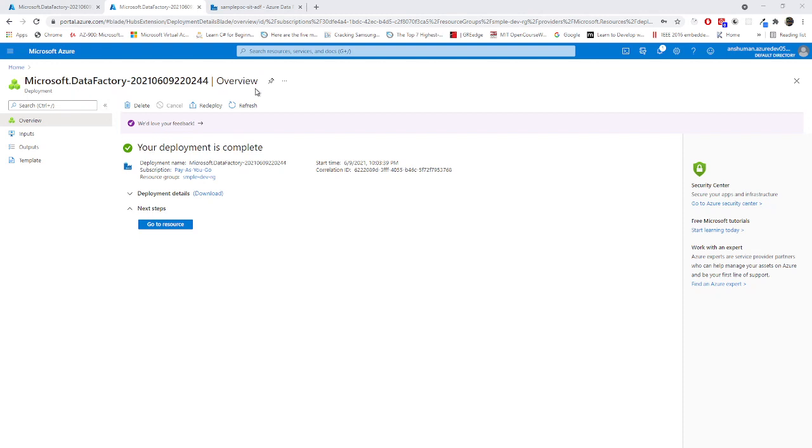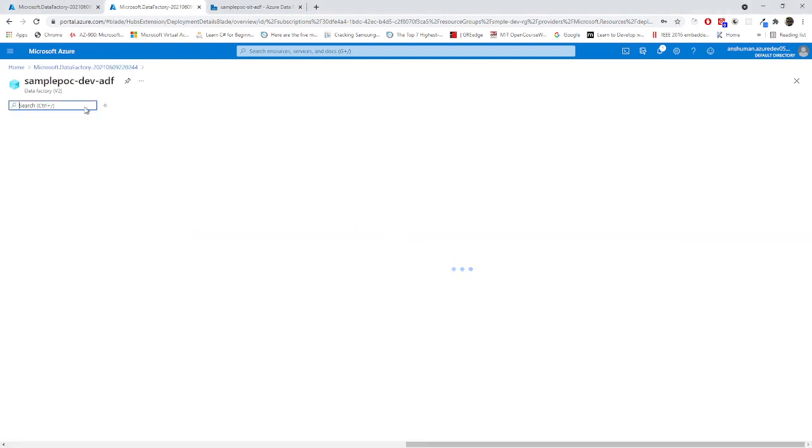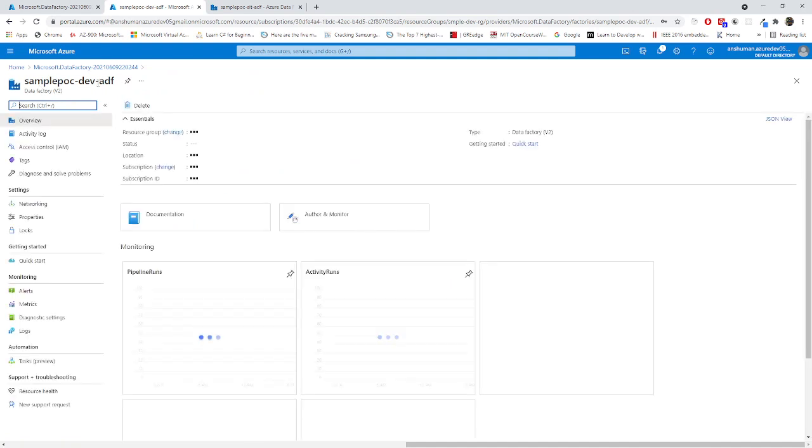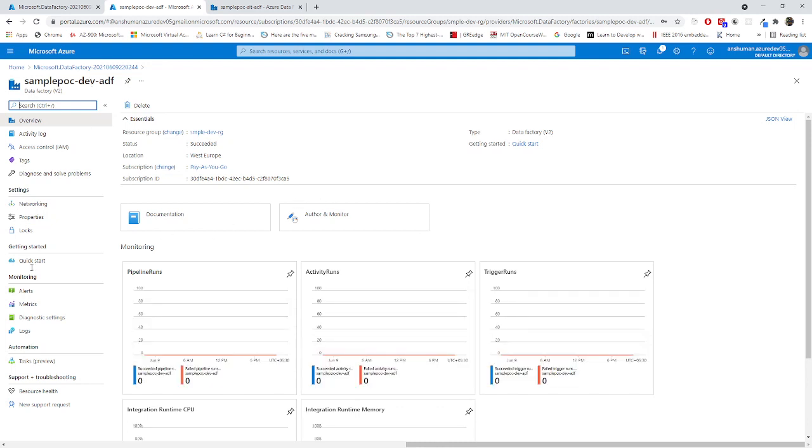Now my ADF has already been deployed, so I am going to my resources. In the same way, in other resource groups, I have also created sample POC UAT ADF and sample POC SIT ADF. Now coming up to here, you can see all those things. You can go for access control. You can do anything over here, just like other Azure services. So right now I am clicking on author and monitor. If you will click here,